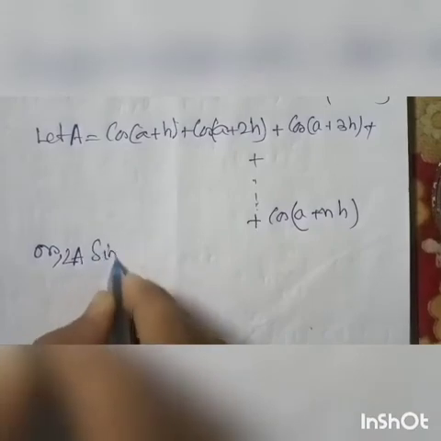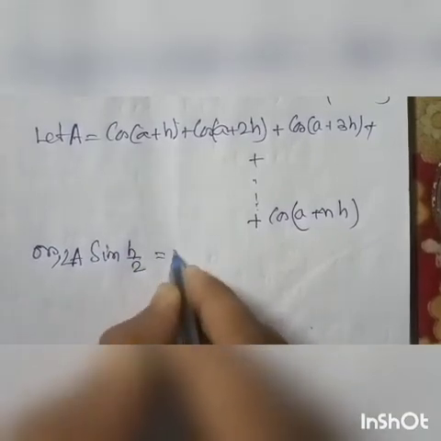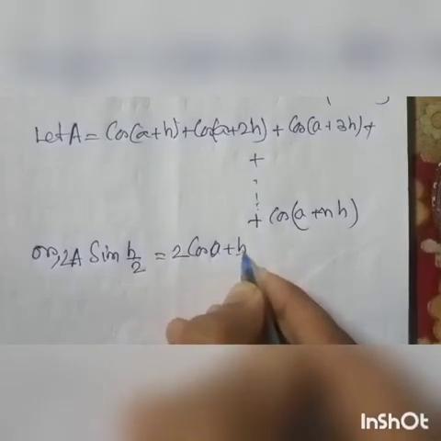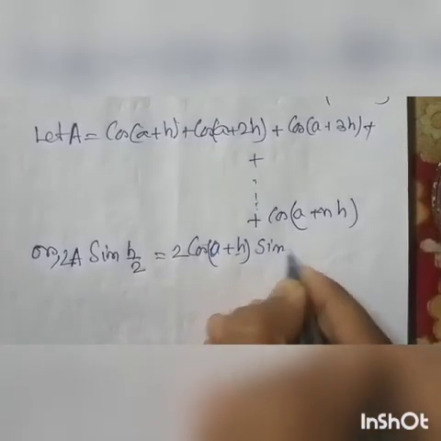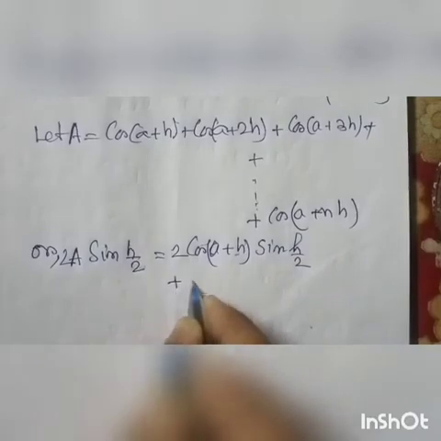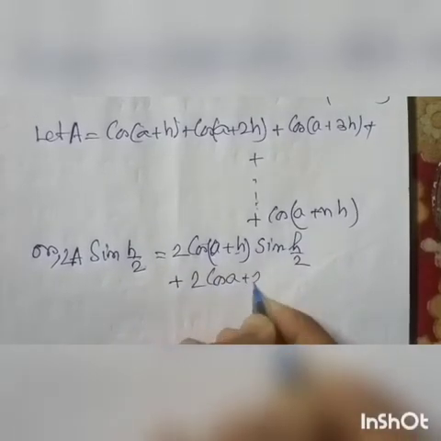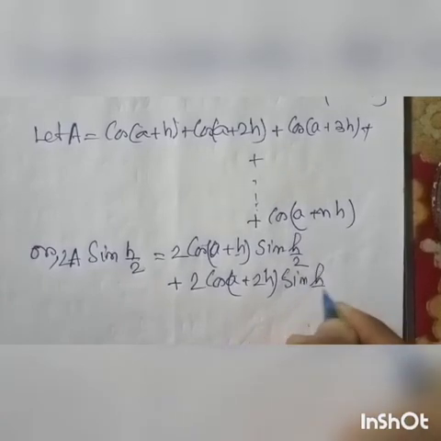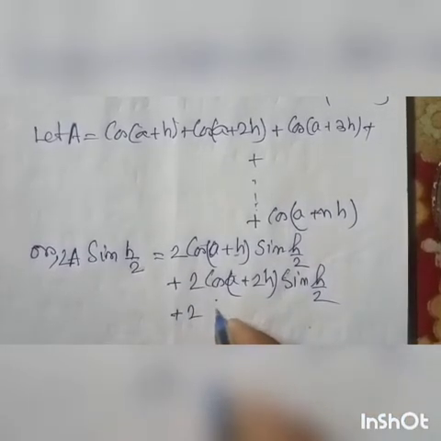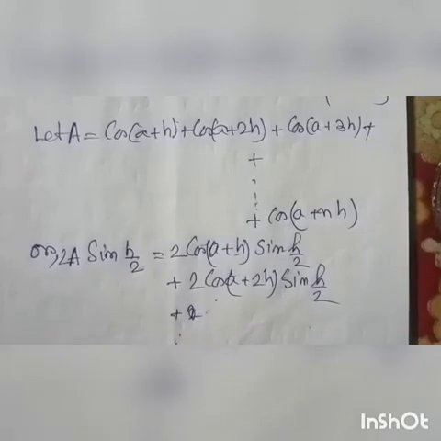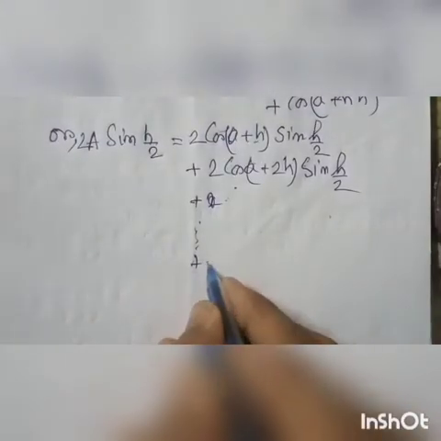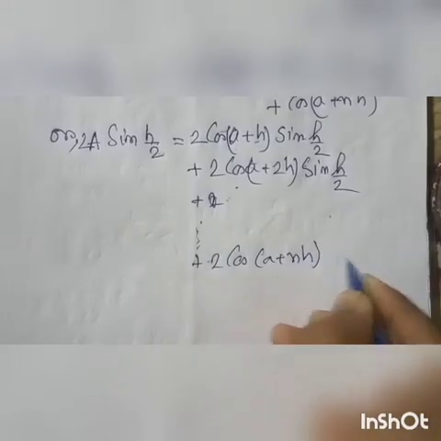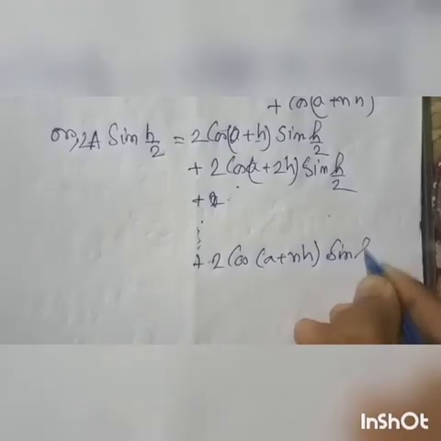2a sin(h/2) equal to 2 cos(a+h) into sin(h/2) plus 2 cos(a+2h) into sin(h/2) plus, and thus, plus 2 cos(a+nh) into sin(h/2),